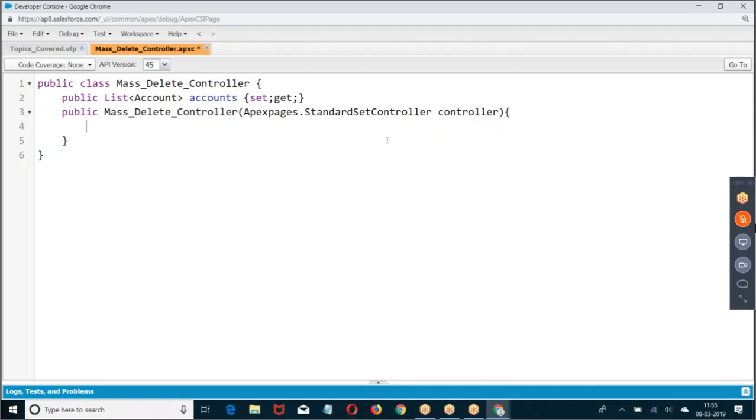So if you want to use any Apex class as an extension, either it has to use Apex pages dot standard set controller or Apex pages dot standard controller. If you want to use any Apex class as an extension, then the class has to use Apex pages dot standard controller or Apex pages dot standard set controller as a parameter in the constructor. Now I told you already, only ID will come. If you want anything other than ID,